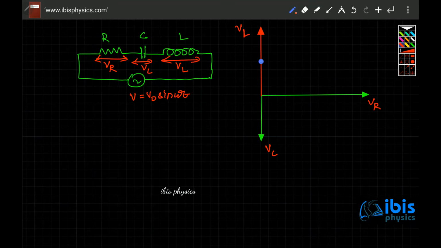Since the inductor and capacitor voltages are out of phase, we are going to add them vectorially like this. The effect of the voltage across the inductor and capacitor is that they destroy each other. According to vector form, you have to move the vector around, bring the tail of one vector onto the head of the other vector and find the resultant. Now if you draw a line from this point to this head, that is equal to the resultant between these two. So the resultant between the capacitor voltage and the inductor voltage is only this much, from here to here.